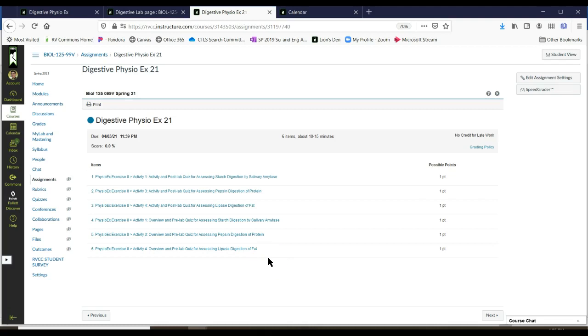So if you don't understand it right now, we will go over it the week after this in our review session, and then you'll make sense of it, and you won't have to answer questions on it until after we've gone over it. So, that being said, what you are going to want to do is start with the pre-lab quiz, and it doesn't really matter which one, but in the old way of doing it, we always started with, where did it go? Starch. So open this one,